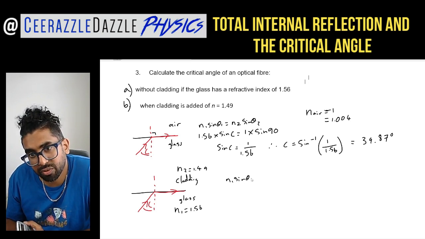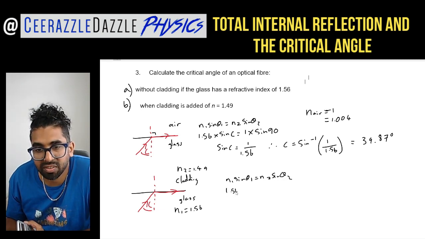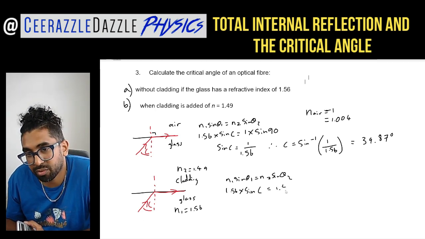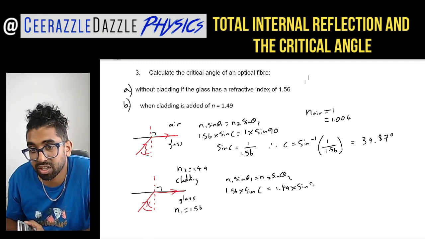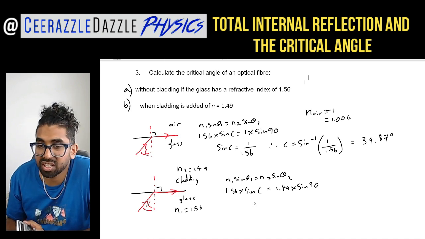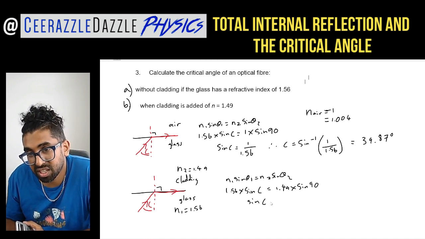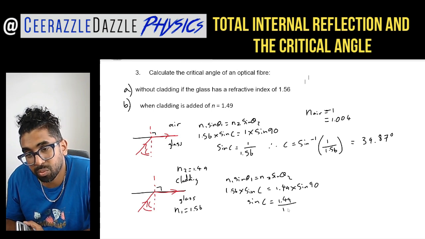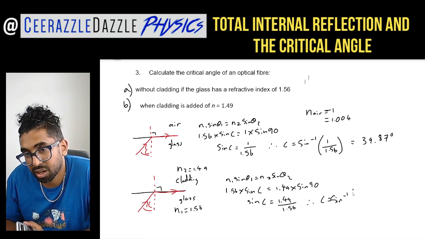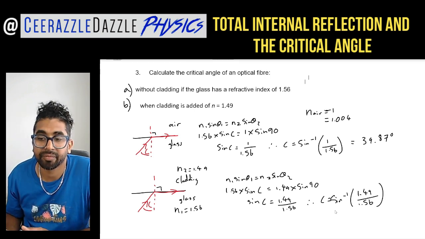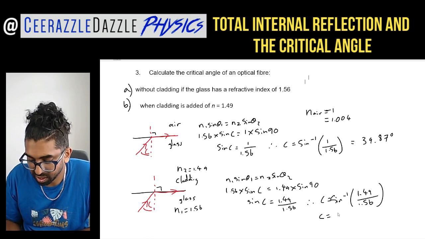N1 sine of the angle theta 1 is equal to N2 sine of the angle theta 2. N1 is 1.56 times sine of the critical angle C is equal to N2, 1.49, times sine of the angle theta 2, which is 90 degrees once again. So rearranging this, it becomes sine of C is equal to 1.49 divided by 1.56, and therefore C is equal to sine inverse of 1.49 divided by 1.56. I'm going to get the answer for the critical angle right now with the cladding,